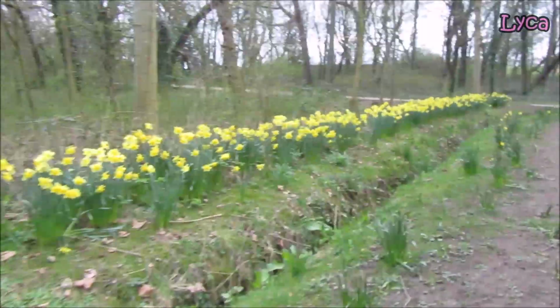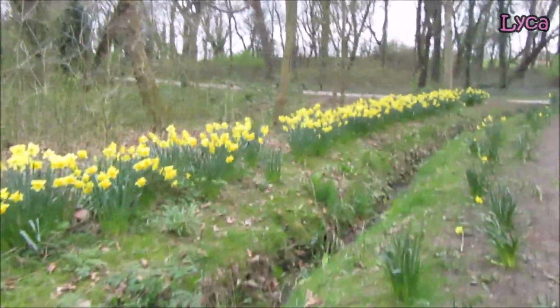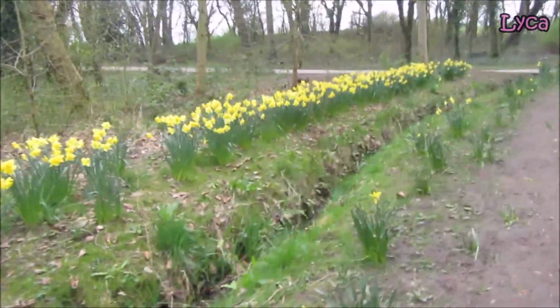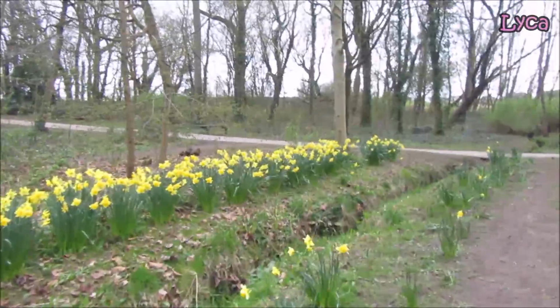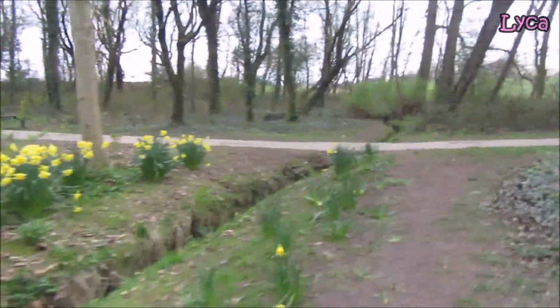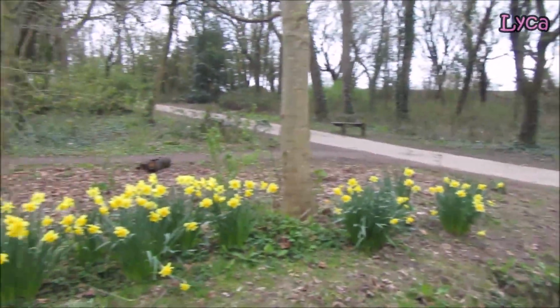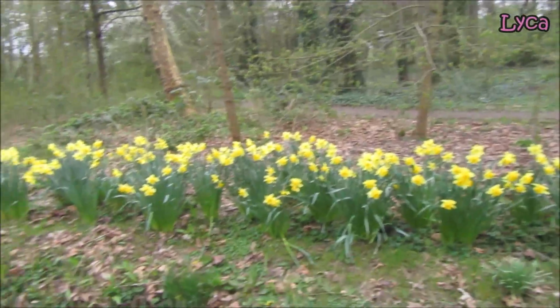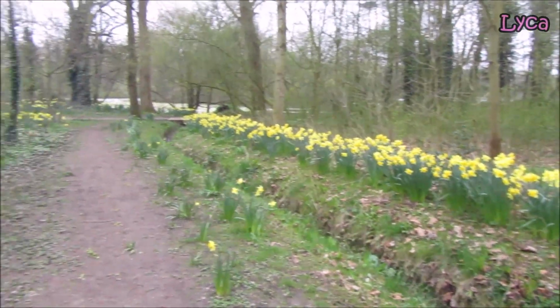So many daffodils. Maybe Blackpool Council got a bulk offer. They got to buy like 50 tons of daffodil bulbs for so many pounds, because they're everywhere, and I'm totally down for that because, as I've said in many other videos, I do like daffodils. They add such a lovely splash of colour to the greenery around here,